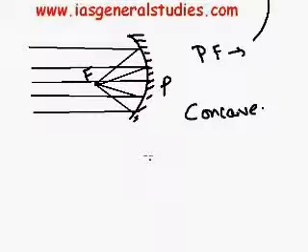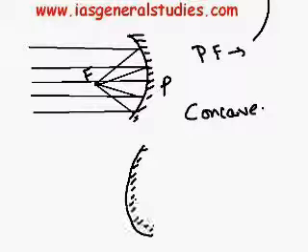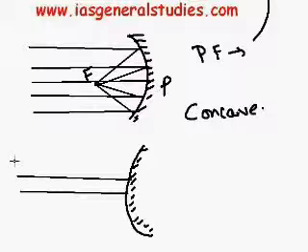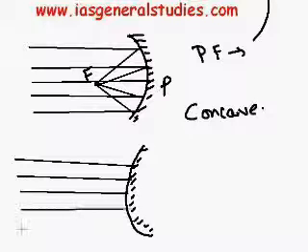Now we will discuss the convex. So in convex, we have a mirror like this and the rough surface will be here, that is inward, isn't it? This is the polishing surface, that is, outside is the polishing surface. Suppose rays parallel to the principal axis are reflected by the convex mirror. So in the convex mirror, what will happen is it will be like this.